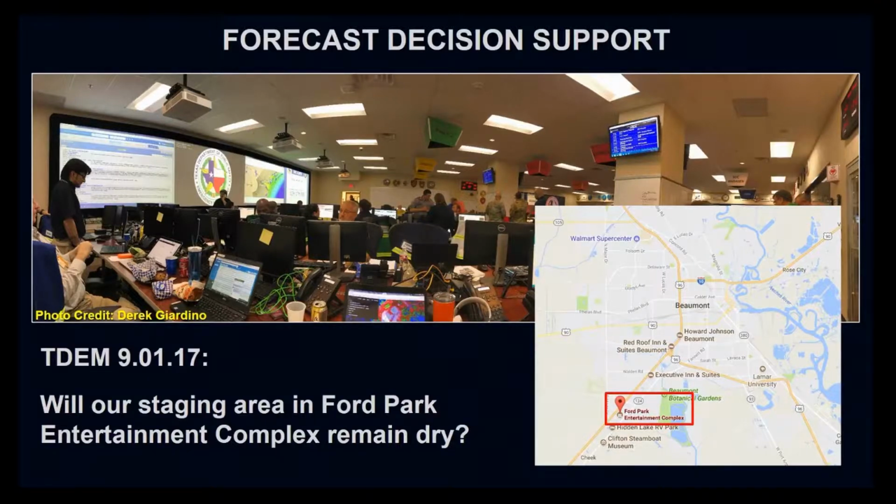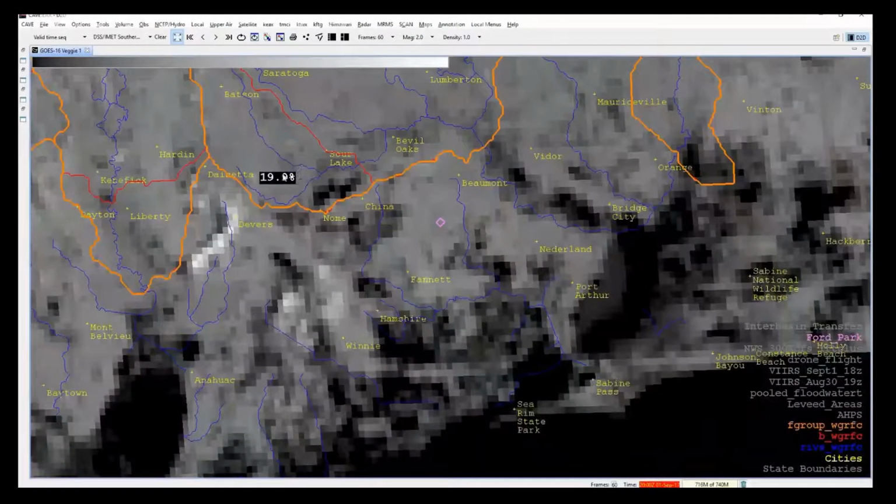So this was about the staging area in Beaumont. They had a bunch of trucks, a bunch of military vehicles that they were using for swiftwater rescues, and they needed to know, was that at all at risk? And so we had to do some work outside of our normal forecast operations to help answer that question, or at least give them a reasonable best case for that area as to whether it was going to be impacted by floodwater. And so if we could open the map again,